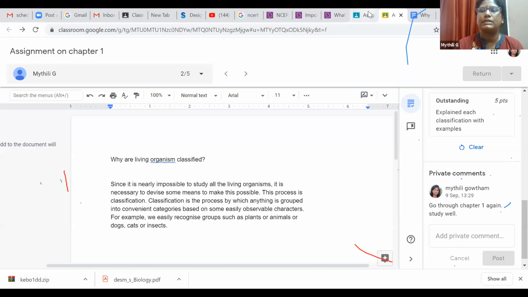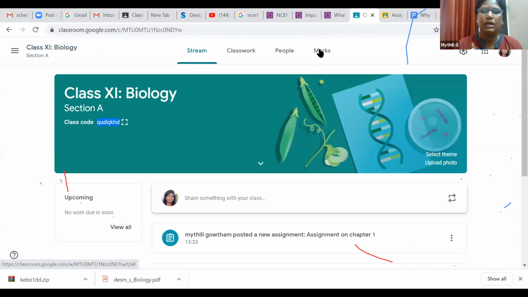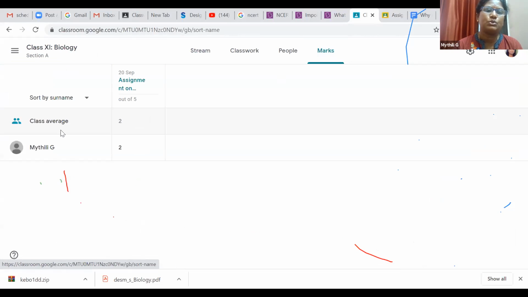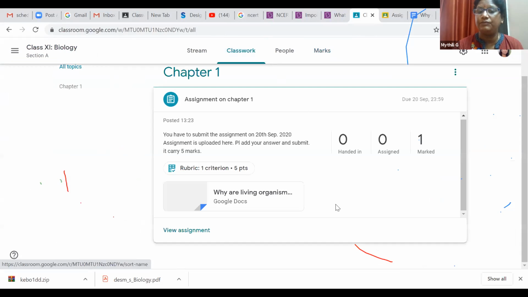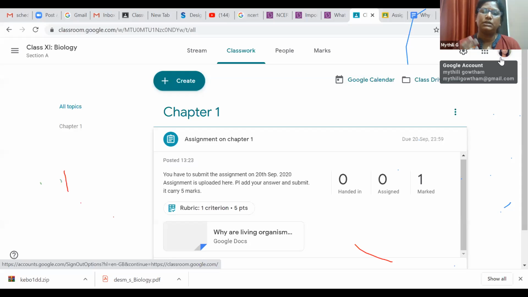So now this is assigned to this one. The mark is given, and you can go to the classroom and see this. You have evaluated one assignment. So for this particular student, you have given a mark out of this particular total. This is the way we have to give the assignment. So one assignment I have marked as a teacher. This is the way you can give the assignment evaluation with the rubric. Is there any question I can answer?